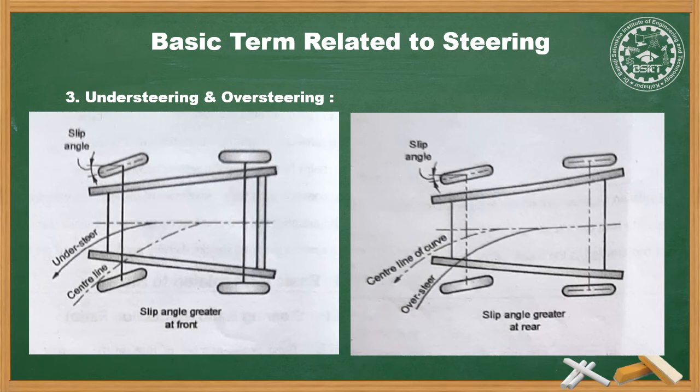And when the slip angle is smaller at the rear than the front, the vehicle tends to understeer. That is, the vehicle does not turn properly. Understeer is opposite to oversteer and is preferable because correction by the driver involves rotating the steering wheel a little more in the direction of turn. That is, understeer is permissible as it can help the driver to achieve vehicle stability by turning the